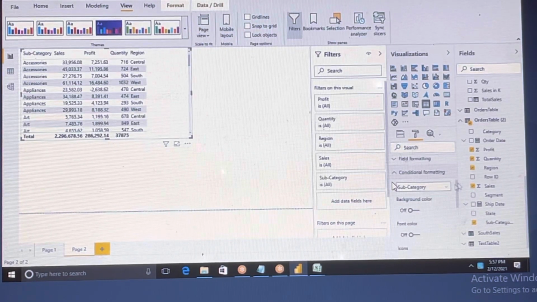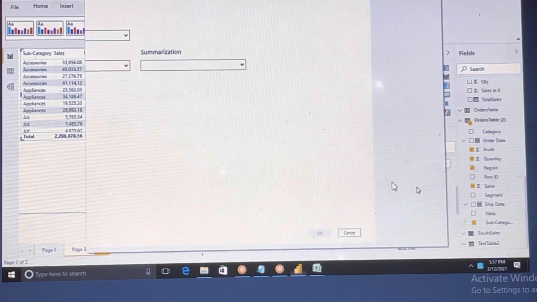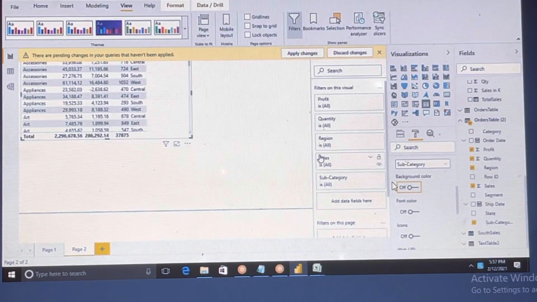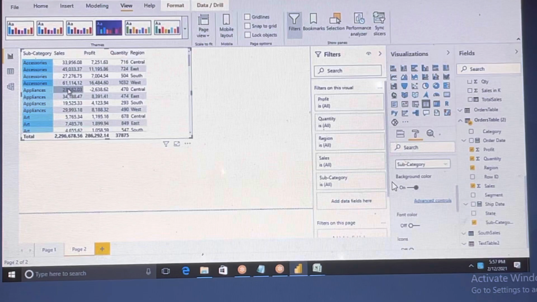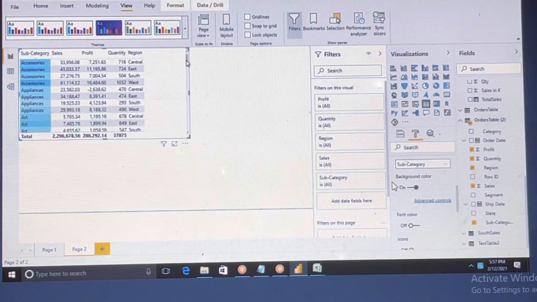Here you can see that list of all the stuff, all the field level. First subcategory level, what I can do is background color. I'm mentioning it. What is the columns and all? You can use count as 0. Click on OK for now. See, subcategory level, so based on the color itself, one by one it will verify it.